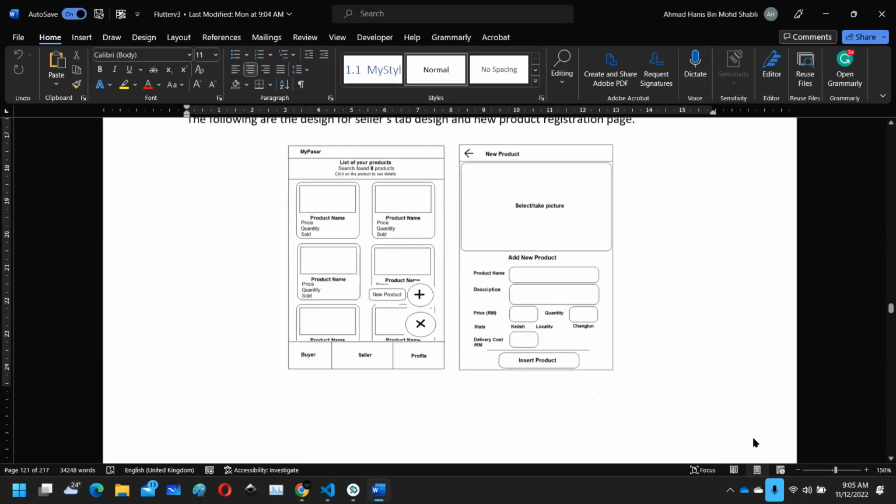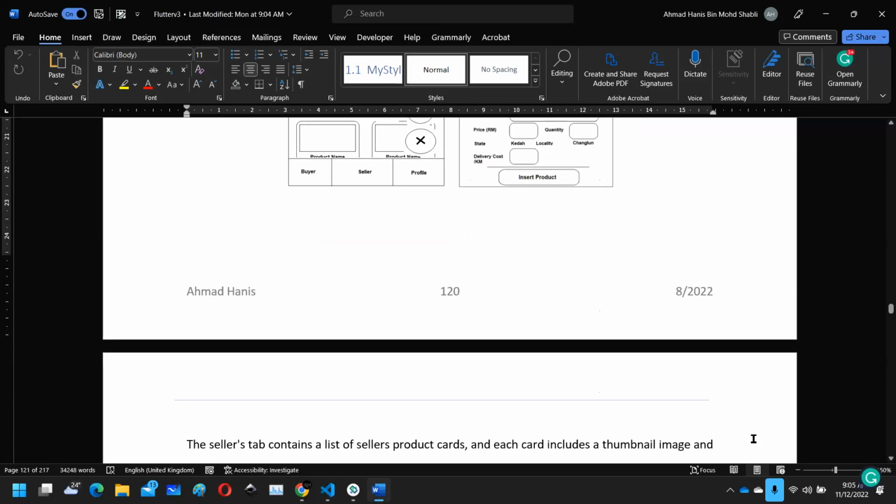Okay, so you try to make your application different than